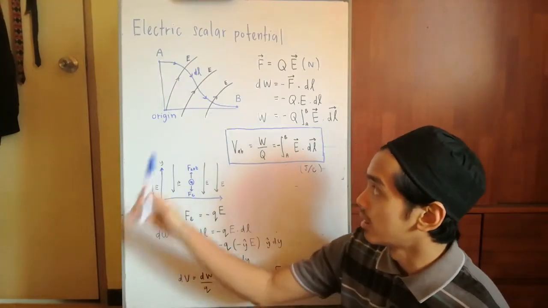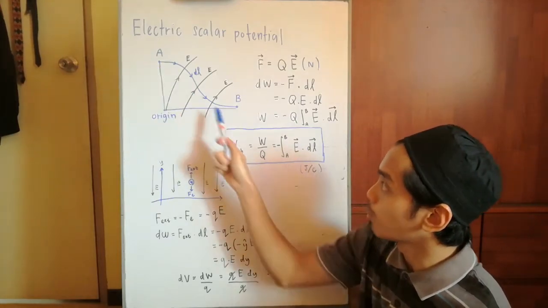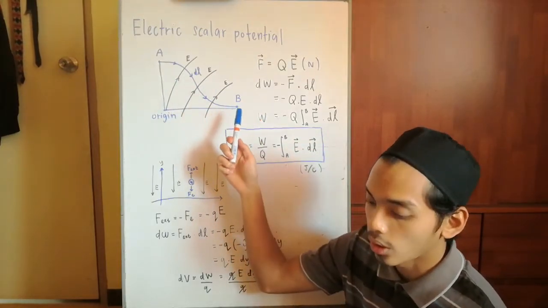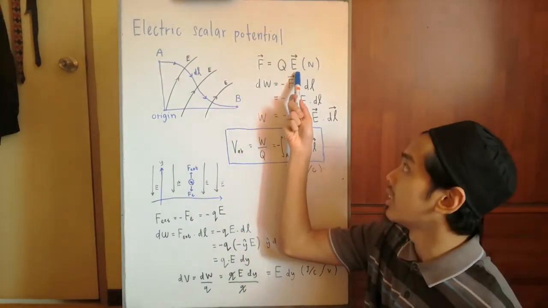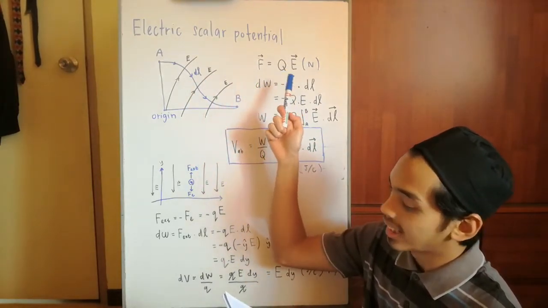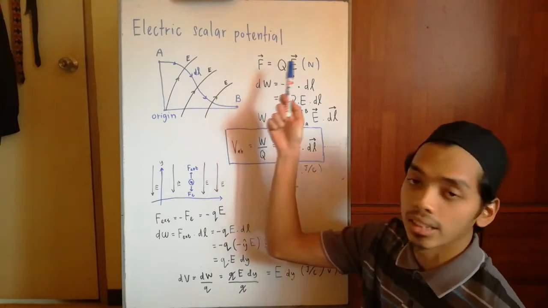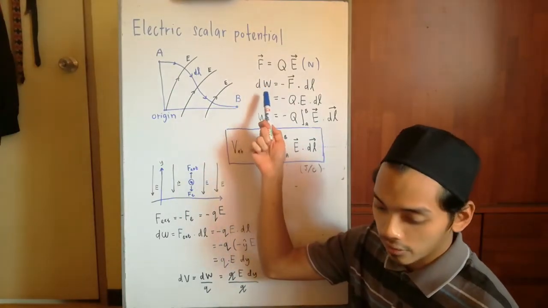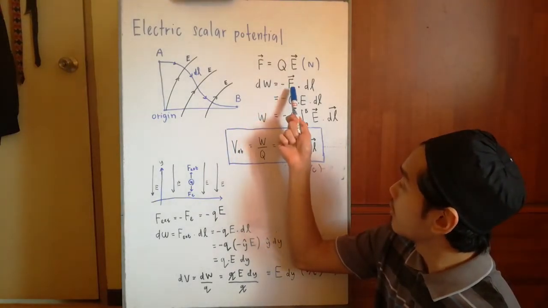To start, supposedly we want to move the charge at point A to point B. To move the charge, we will need a sufficient amount of force. To calculate the force, the formula is F equal to QE, where Q is the magnitude of charge and E is the strength of the electrical field, and the unit will be Newton. Then to find the differential amount of work, the formula is negative F